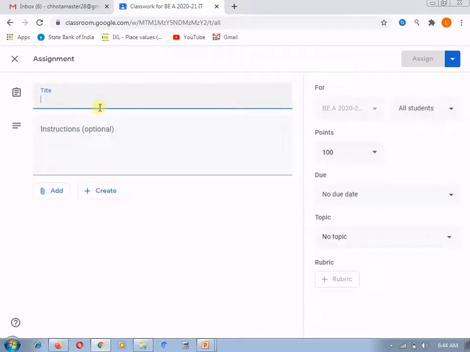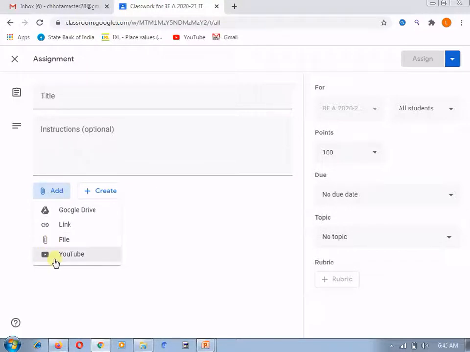Here you can give the title of the assignment and instructions if you want to give any. After that, if you want to upload or add an attachment, such as questions you have written in a document available on your Google Drive, you can add it here, or directly provide a link, or if your document is available on your machine, you can upload it.